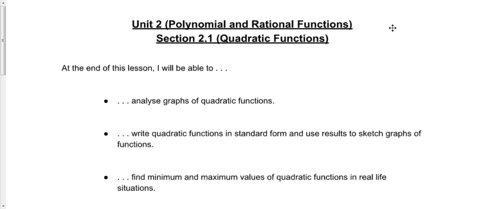Today we're going to talk about quadratic functions. So at the end of this lesson, you will be able to: A, analyze the graphs of quadratic functions; B, write the quadratic functions in standard form and vertex form. I didn't put that in there, but we're going to do vertex form as well. And use the results to sketch graphs of functions. And lastly, we'll be able to find the minimum and maximum values of quadratic functions in real-life situations. So with that being said,